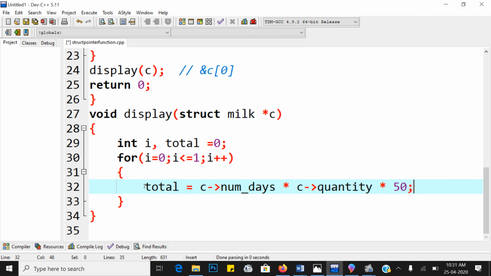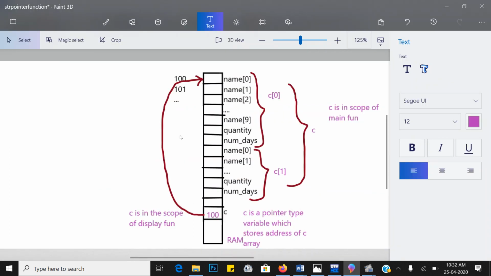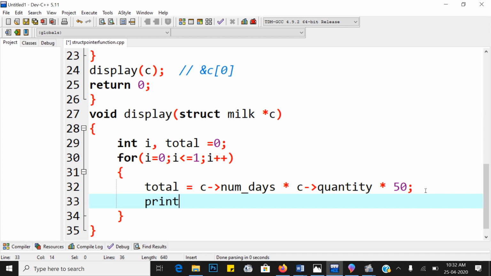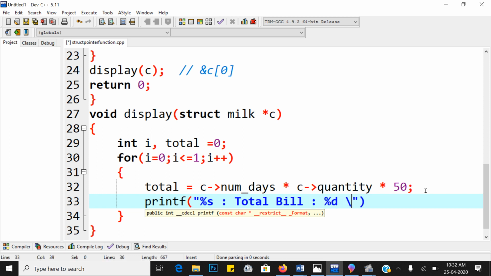Okay, but which customer? The first customer, because initially C points to the first customer, that is C of 0. So it calculates the total of the first customer. And then we want to display: printf the name of the customer, that is %s colon total bill is equal to %d, which is integer type, give \n.